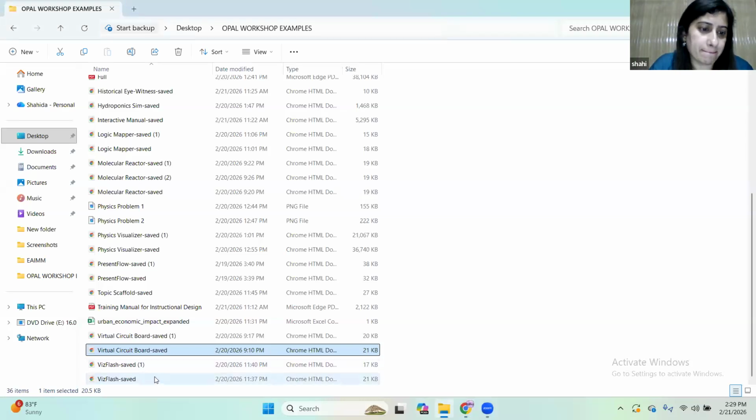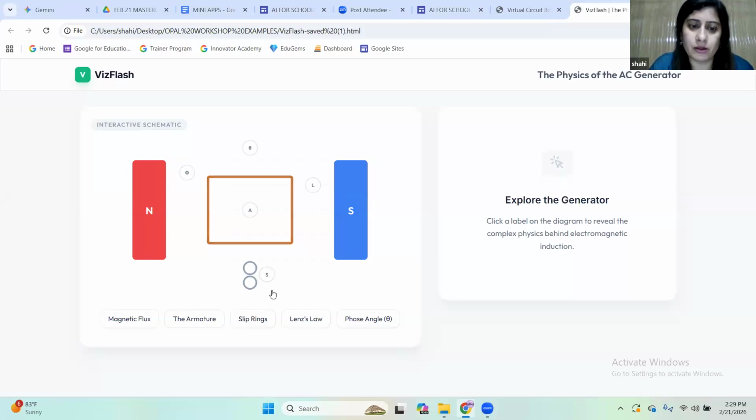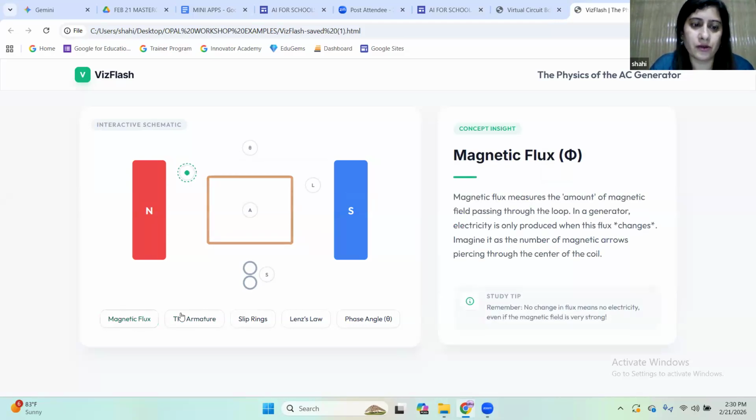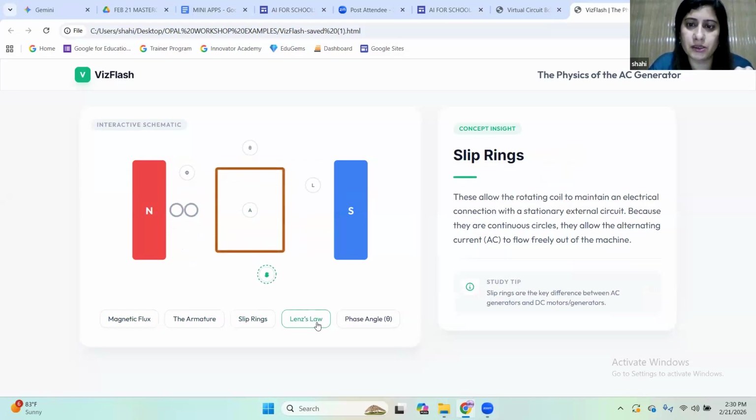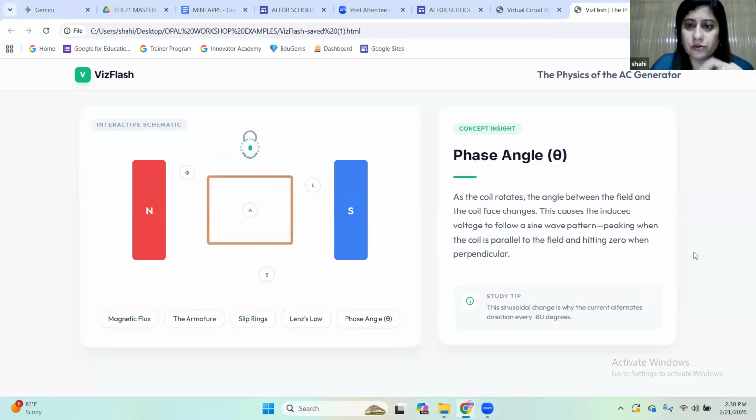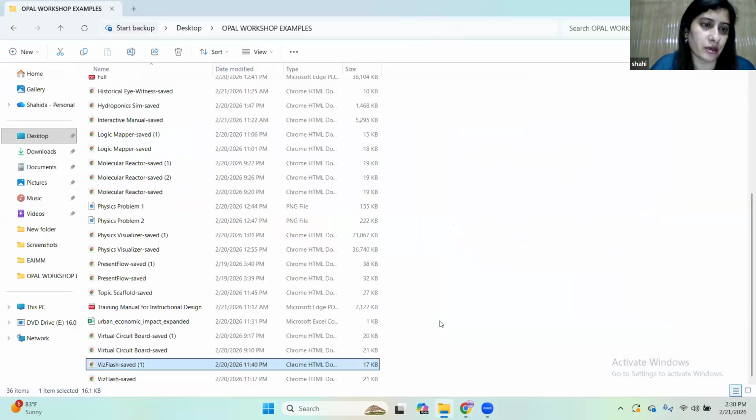Then this is another app with Flash, and you can see now the details, and you can also see the movement here. The topic was about air conditioners and how they work, and it has created this about that. So you see that there are so many possibilities and so many interesting things which you can create.